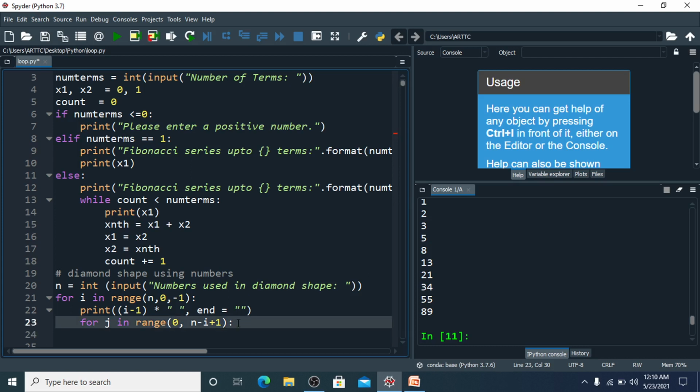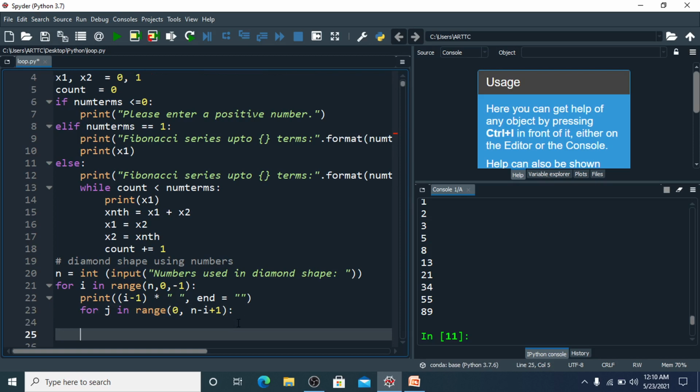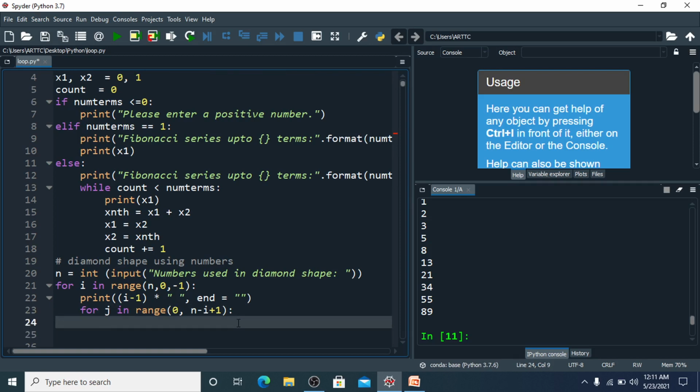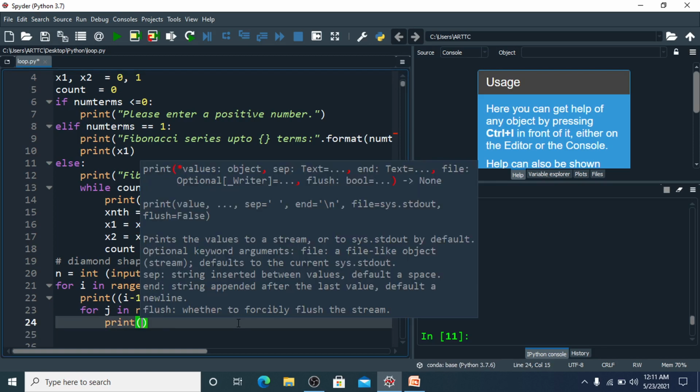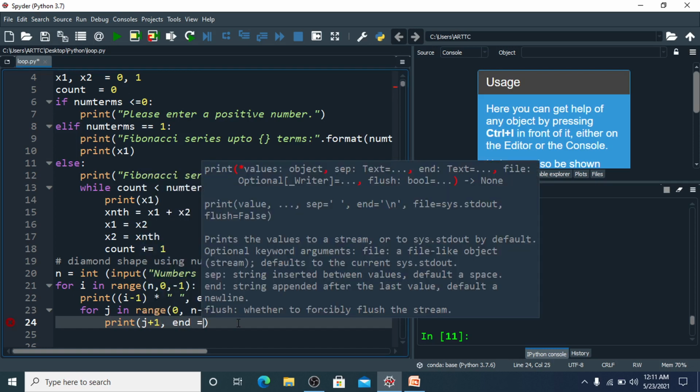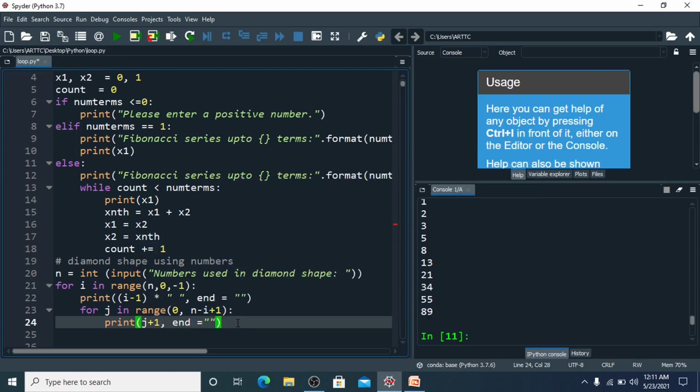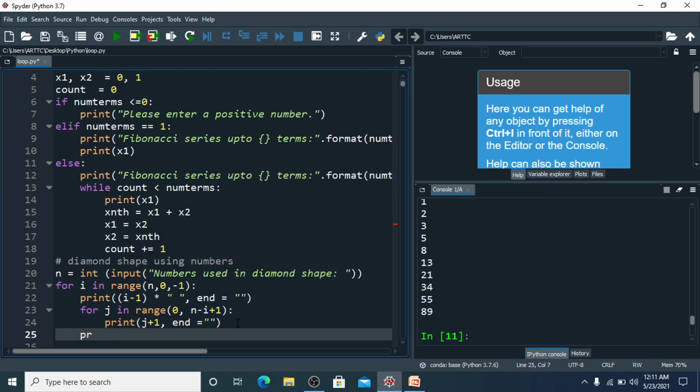That is why I'm using this, and we will use the print here, and we want to print j plus 1 here, and then again n is equal to, because we want to print the reverse as well, the decreasing numbers after that. Then I'm just giving a print here to